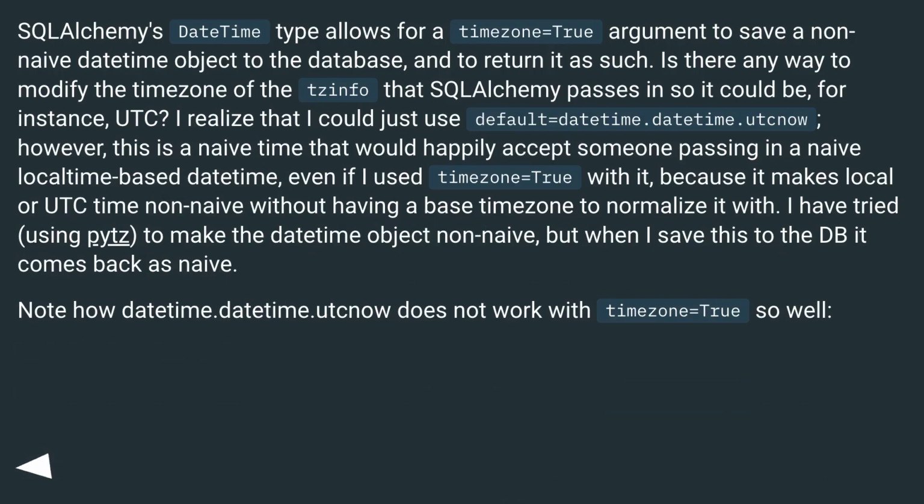Is there any way to modify the timezone of the info that SQLAlchemy passes in so it could be, for instance, UTC? I realize that I could just use default=datetime.datetime.utcnow. However, this is a naive time that would happily accept someone passing in a naive local time-based datetime, even if I use timezone=True with it, because it makes local or UTC time non-naive without having a base timezone